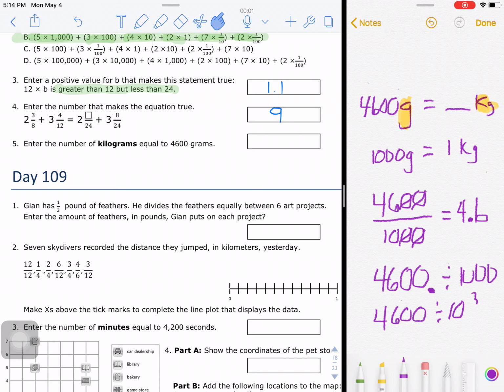And when we're dividing, all the digits shift to the right. When we're multiplying, all the digits shift to the left. So if my digits shift to the right when I'm dividing 3 places, I will end up with 4 and 6/10. So I encourage you that as you're doing these problems to think of the different strategies that you've learned,